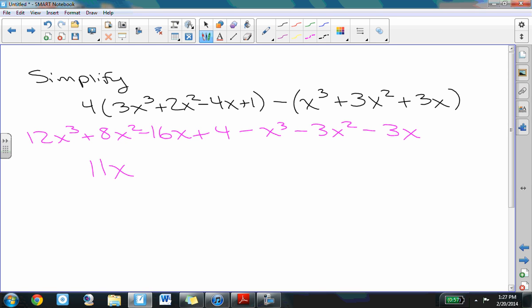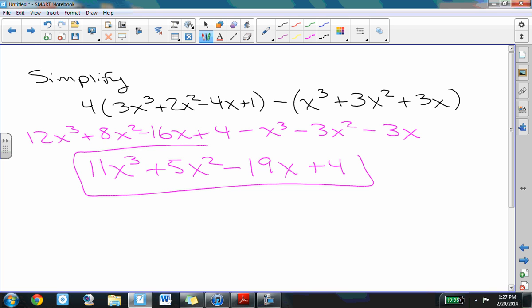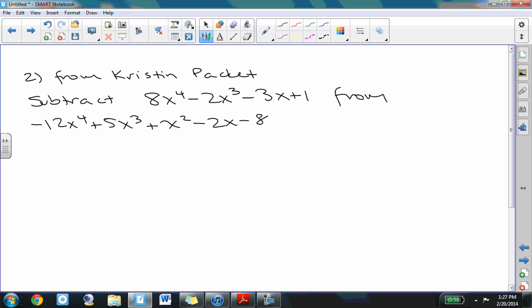11x cubed. 8x squared minus 3x squared plus 5x squared. Negative 16x minus 3x. Negative 19x. No constant, plain old plus 4. Happiness, done. Okay, so now, in the packet that Kristen gave you, there are two problems that are just like